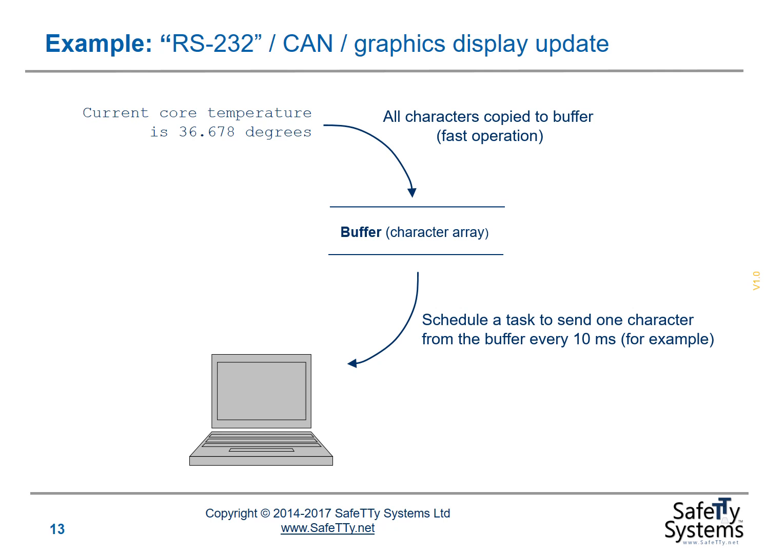What we're doing here is we're passing all the data to a buffer, and then we're scheduling a task that sends the data from that buffer to my laptop. And the key is that we schedule the task at a time interval that's slightly longer than the time it takes for the UART to send a single character to the laptop. If we do that, there's no waiting. And if we do that, then rather than having a 42 millisecond task execution time, our task execution time is